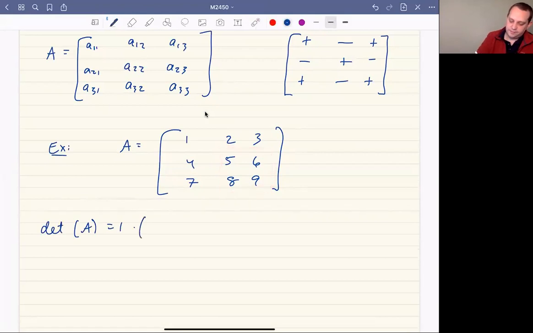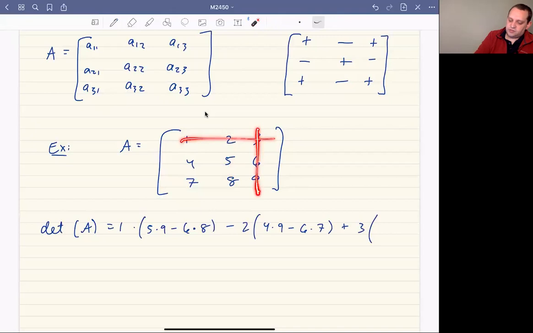So that's going to be 5 times 9 minus 6 times 8, minus 2 times the determinant of the corresponding 2 by 2 submatrix, so 4, 6, 7, 9. So it's going to be 4 times 9 minus 6 times 7, plus 3 times the determinant of the 2 by 2 submatrix, 4, 5, 7, 8. So that's going to be 4 times 8 minus 7 times 5. And that's going to work out to be